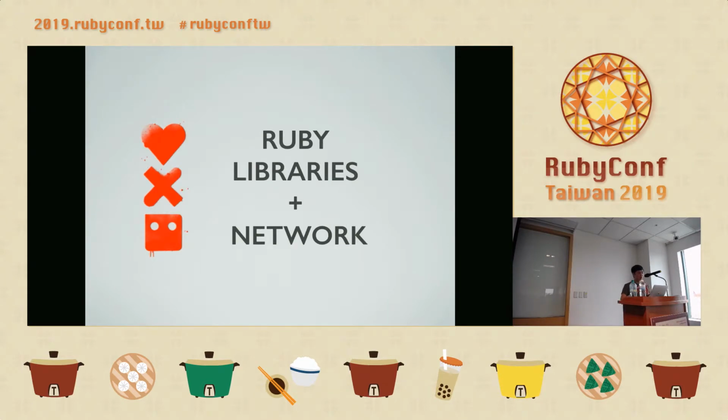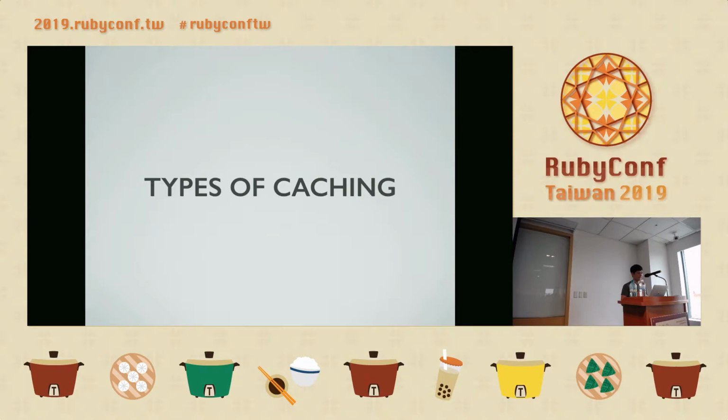Next, I also want to talk about some libraries besides Active Record that also connect to third-party storage, like caching, for example. There are many types of caching strategies in the web, but I'm not going to talk about them all. So I'm just going to fast forward to the one that aims at caching without any network condition. There's particularly a small example of a local cache I would like to talk about.